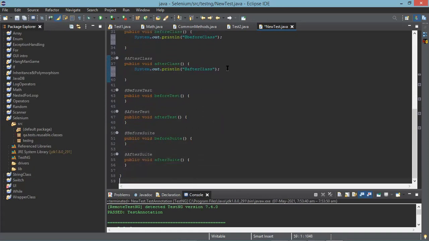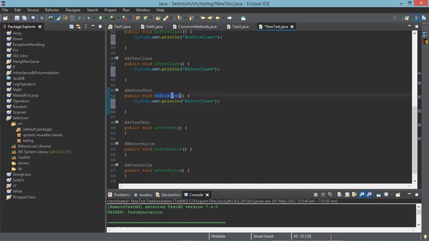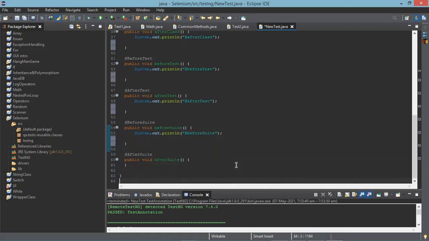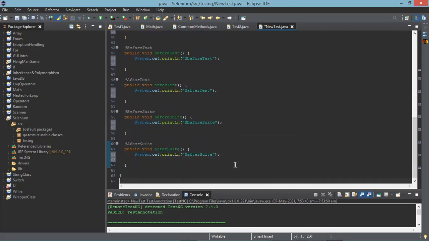Copy that line and take it to the next one. Yes, now we execute this.